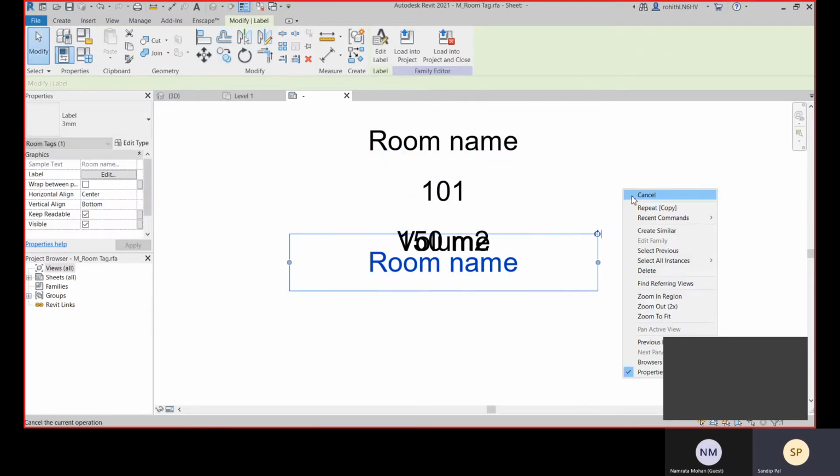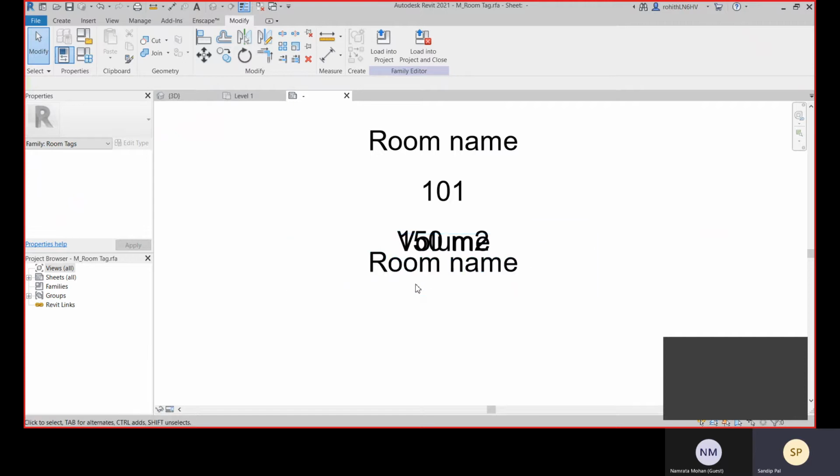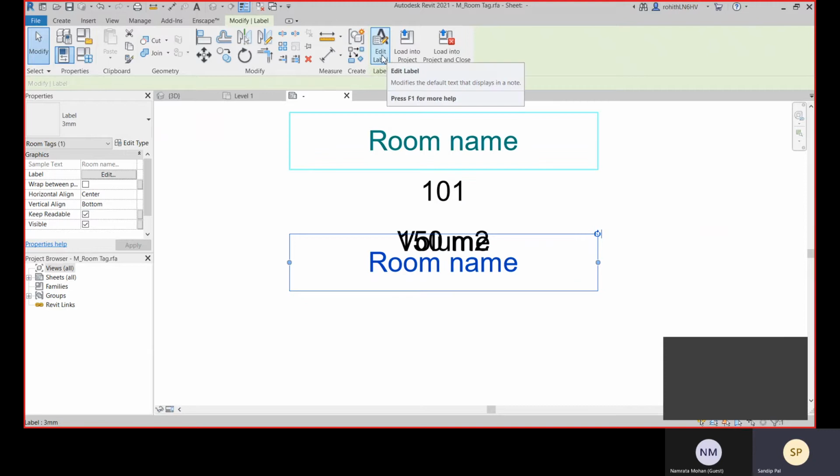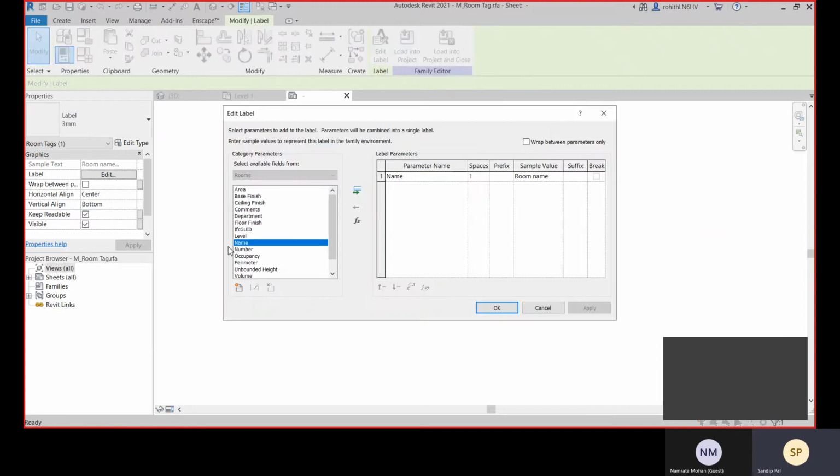Okay, now this is as a room name, but we will place length and width. So go with this edit label, and there it will not be as a name, so we will change it after this.